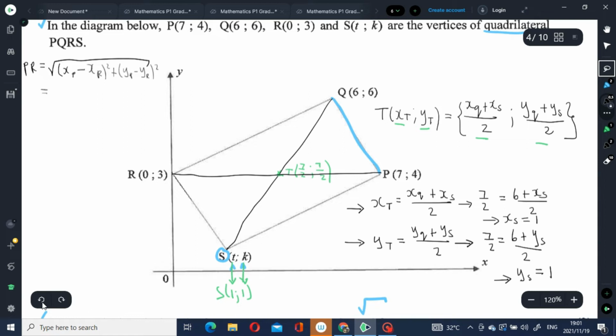So it's just a matter of substituting. Substitute the coordinates in the correct places. So there we have